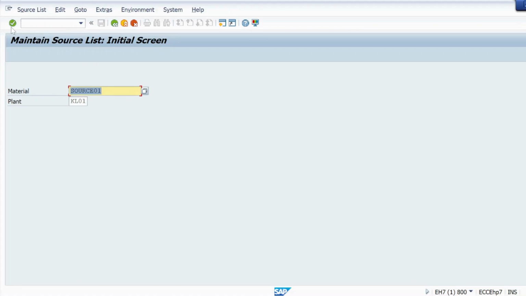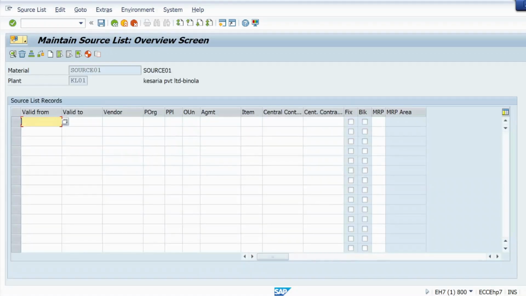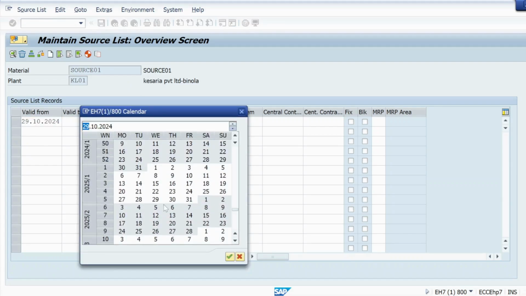So hit enter, and here I need to give the validity, like from which date to which date I just want to maintain a source list, for which vendor I want to maintain, for which purchase organization, and which option I just want to select, like a fix or a block option. So validity, let me give